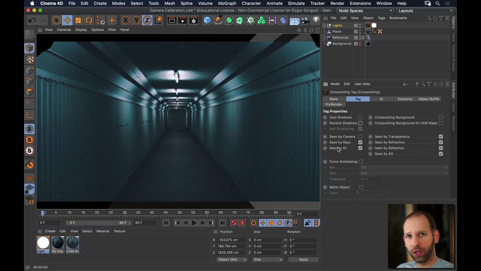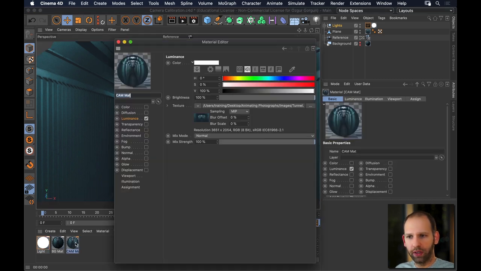But when we turn the global illumination on, the lights will actually start emitting light, and then we'll be able to light up the scene based on those cylinders. Now, the other thing that will light up the scene is going to be this texture that we used as well. If you look at the camera material here, this material is automatically applied to the luminance channel, meaning that when we turn the global illumination on, it's going to light up the surroundings,